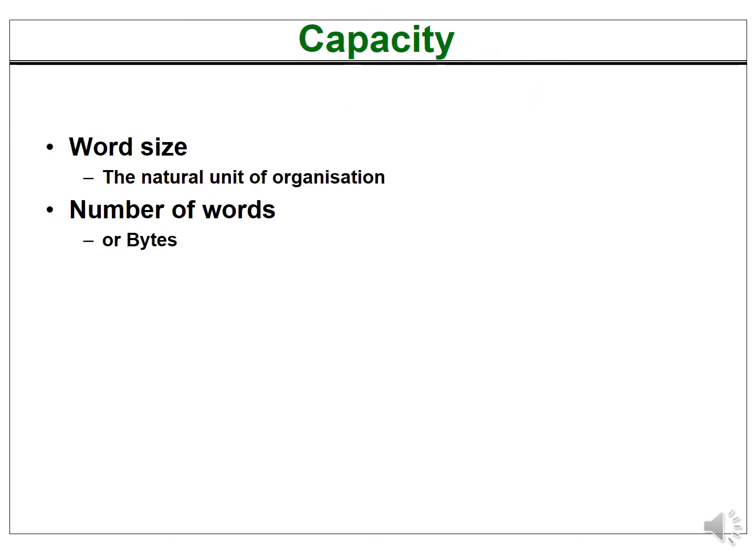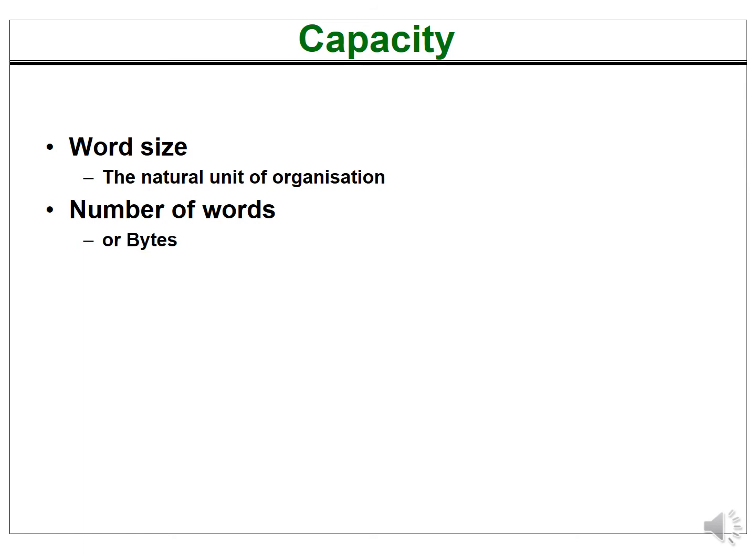When we talk about the capacity of a memory, we specify the capacity with the help of two parameters. We specify it in terms of word size and the number of words. This, if you remember, we have already talked about earlier. The number of words is the number of data elements that can be stored in a memory device, and the word size is the basic unit or the basic size of a data element that is stored in the memory.